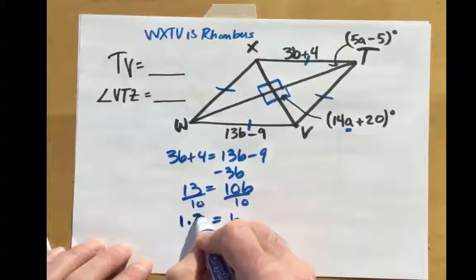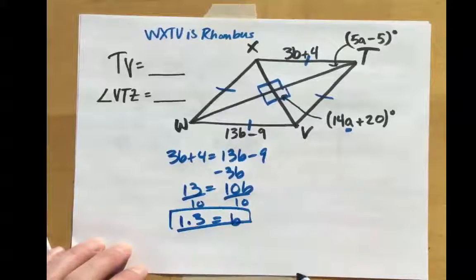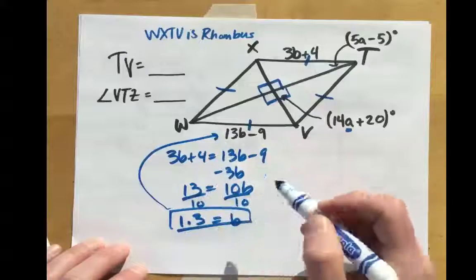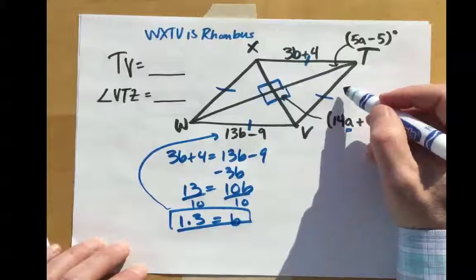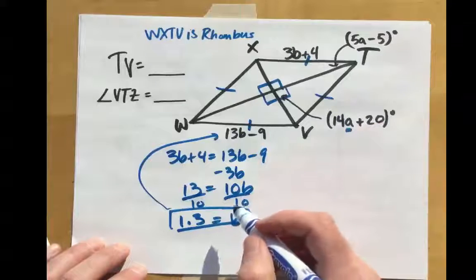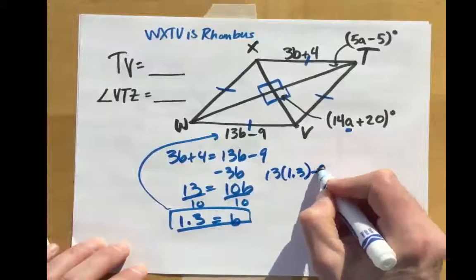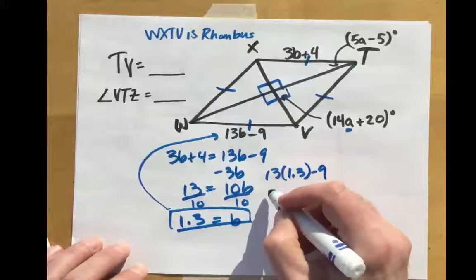B is equal to 1.3. Now we can use the value of B to substitute that back in to find the length of side WV, which will be equal to the length of side TV. When we substitute that back in, we will get 13 times 1.3 minus 9, which is equal to